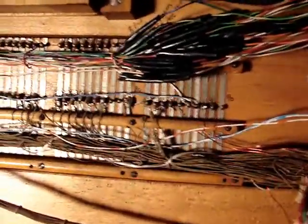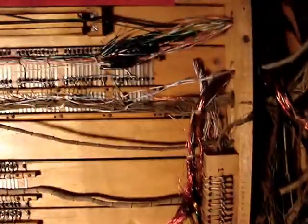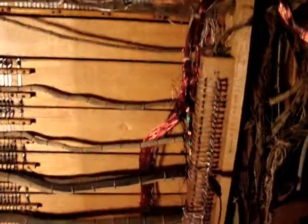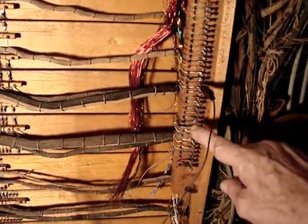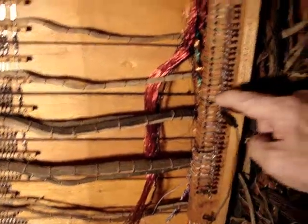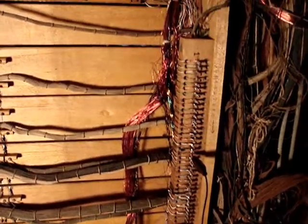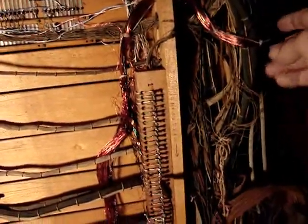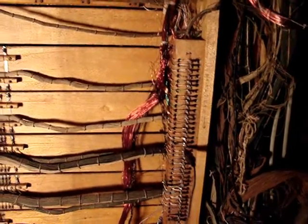So it's reversed. What does that tell me I need to do? I need to completely redo this. I can't go by what's been done here. I could take a month of Sundays to sort it all out. I don't understand the commons. Here's a diode. Here's a diode. What does that really mean, those diodes? So I think the best approach is to clean this out of here, get rid of the nylon wire, and wire directly to the stop tabs with a new